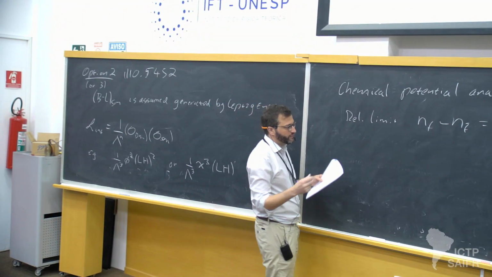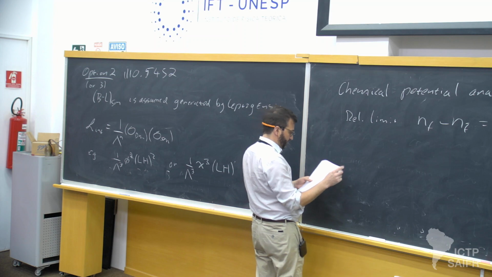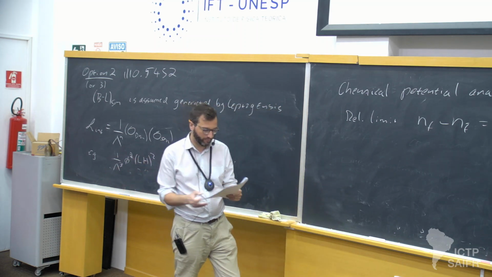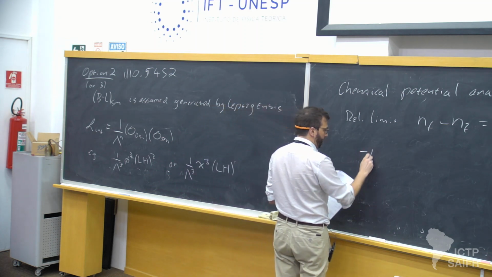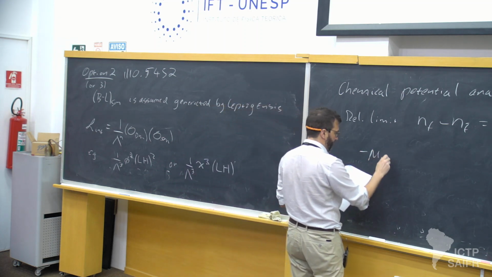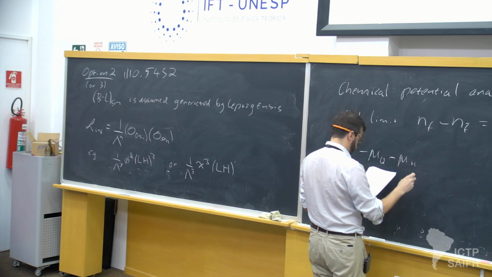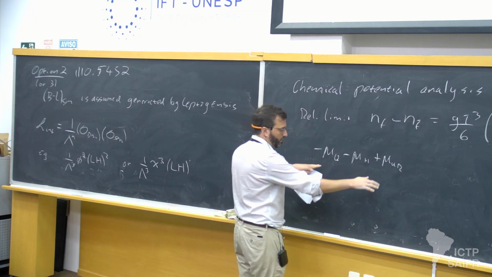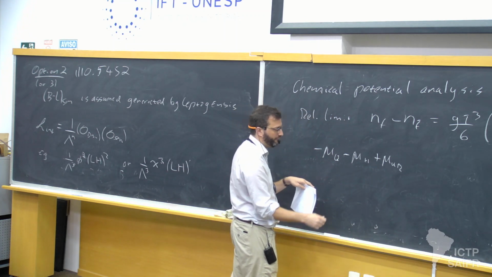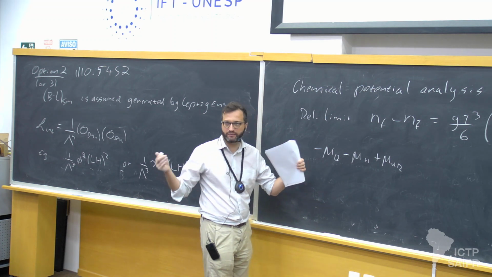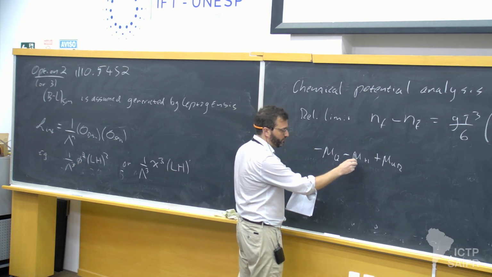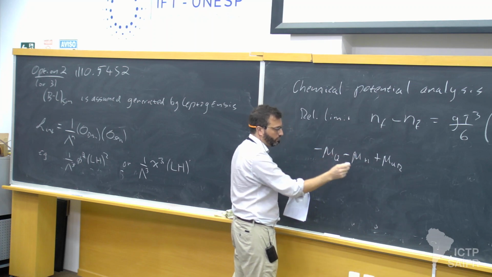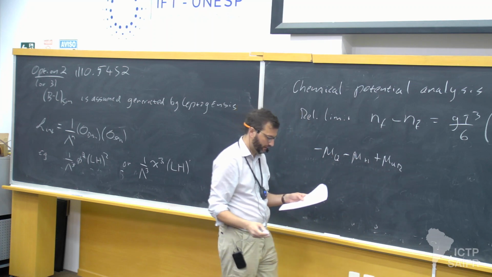So first of all, we're going to assume, for simplicity, that all the Yukawa interactions are in equilibrium. Okay? So then we get relations such as these. Yeah. This just comes from the right-handed quark Yukawa, which, if it's rapid, gives a relation between the chemical potentials of the Higgs, the left-handed quark doublet, and the right-handed up quark, yeah?